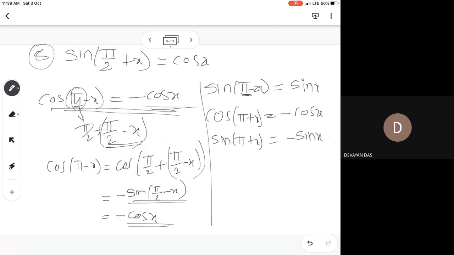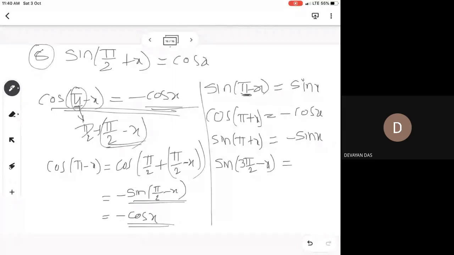This is pi plus x, pi minus x. Not only pi, 3 pi by 2 also you can take into consider. Again 3 pi by 2 को कैसे split कर सकते हैं? Suppose if the question is given, it is not given in your textbook में नहीं दिया है, but you can do it. Suppose if you take 3 pi by 2 minus x ही दे दिया, ये find out करना.